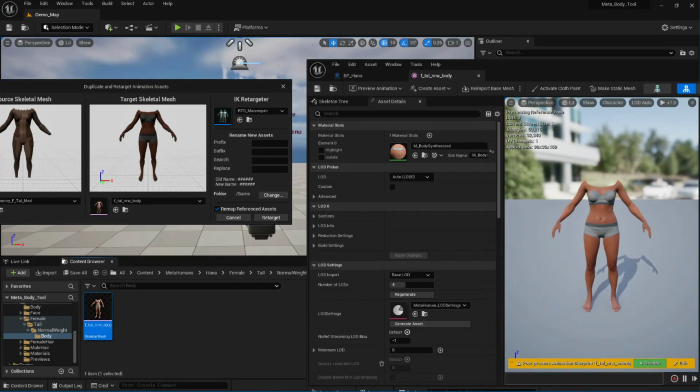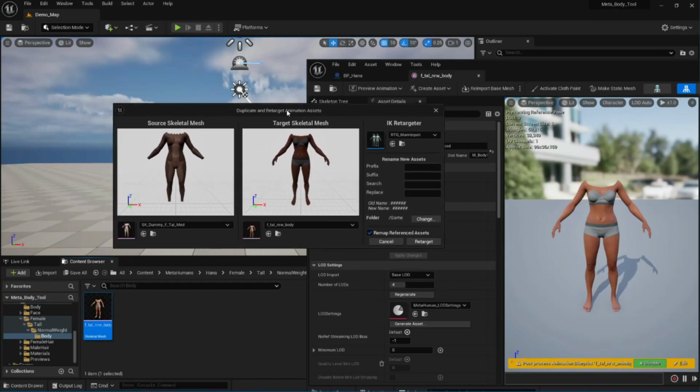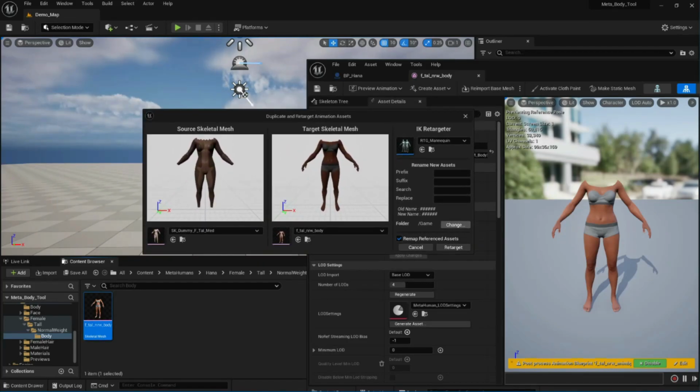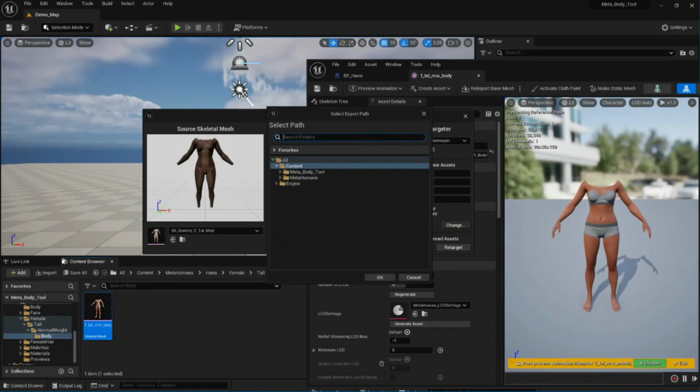Click on that and it will add it to the target skeleton. That way you are 100% sure that you're retargeting to the correct body. Okay, so once you've done that, click on the folder. Change the folder because we want this to go to a specific folder. So change the folder, right click on content, create a new folder, or you can create it in any place